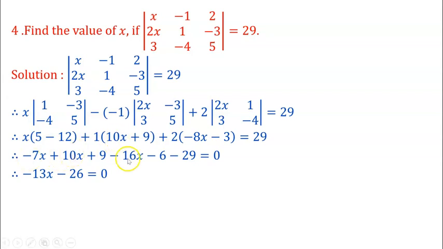Plus 3x minus 16x, you will get here minus 13x. And the next, plus 9 and minus 6, you will get here plus 3. Plus 3 minus 29, you will get here minus 26, and that's equals to 0. And hence, minus 13x is equals to 26, and therefore x is equals to 26 upon minus 13, you will get here x is equals to minus 2. Okay. Now, next,